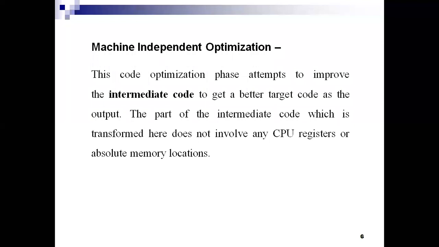And use appropriate program structures in order to improve the efficiency of the target code. We are using appropriate program structures to improve the efficiency of the target code. Here the efficiency of the target code plays a major role. And whatever the source program that we have, we should eliminate the unreachable code from it.